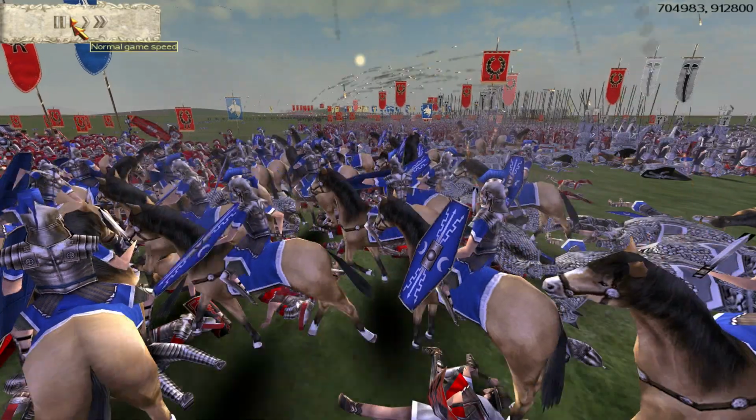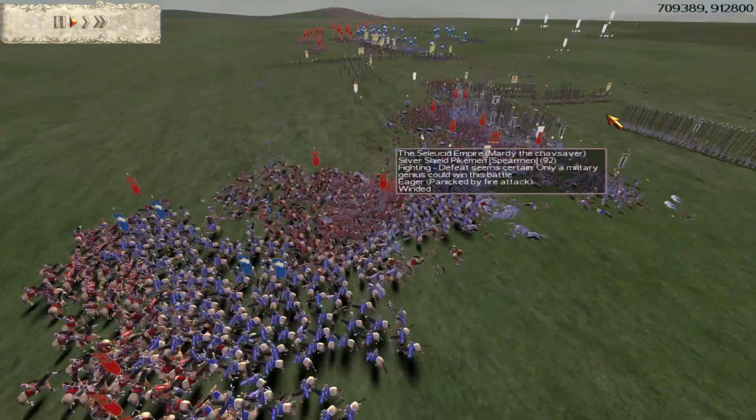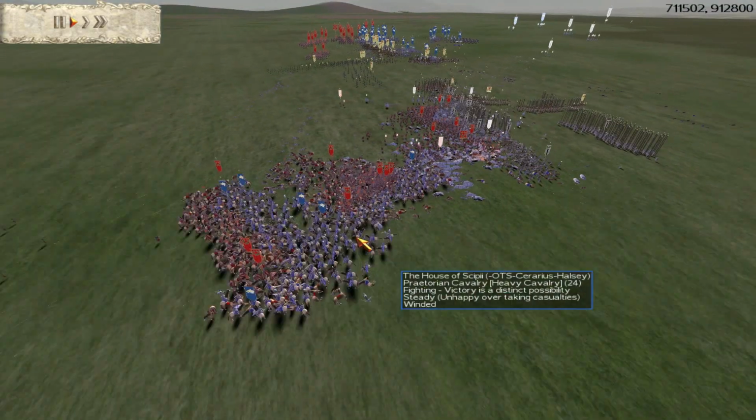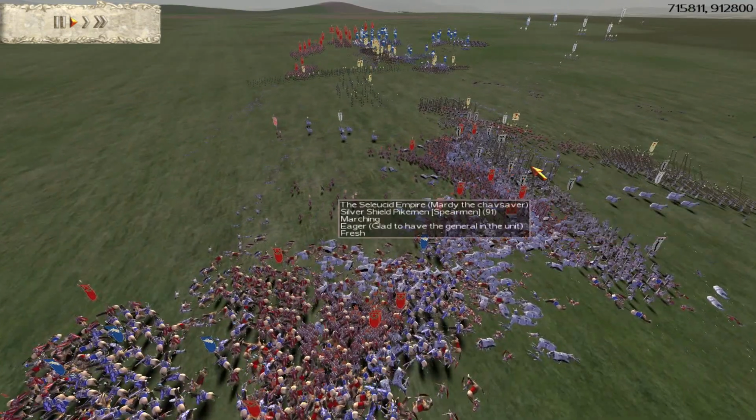There we go, and we're back. I just had to get rid of a bit of that lag so I could scroll in and have a look at the devastation that's going on. So again, what's happened here, Lancer is now being attacked by both the Scipii and both the cataphracts,